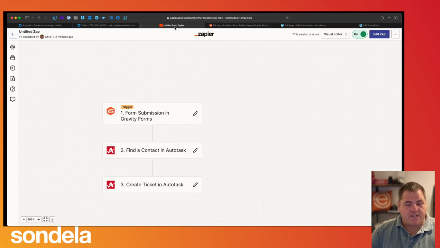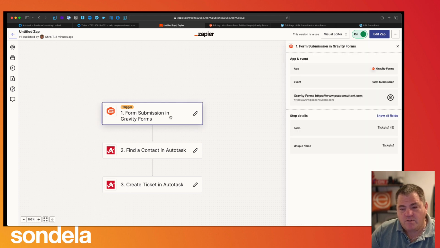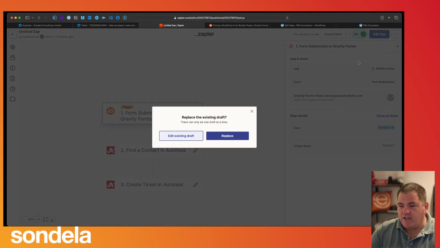So let's go through this again and see what we've done. We're using Zapier in here to look at this Gravity Form. So we're saying the event is going to be a form submission. We're going to use the Gravity Form that's on this website, and we've used those API details to fill this form in. This is the form we're going to pull the information from. So what we can now do is, if we just hit edit Zap,